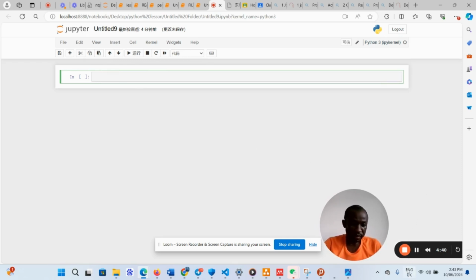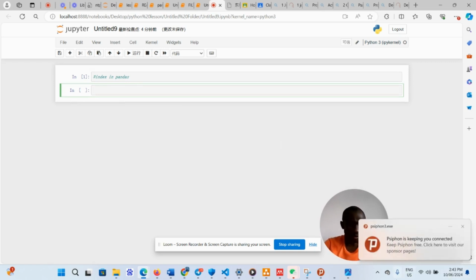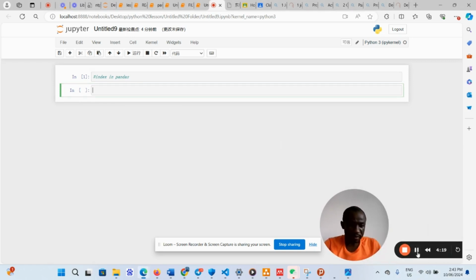Today we are going to work on index in pandas. So on index in pandas, what are we going to do? We need to select by loc. Select by loc. What are we going to do? We start with, let's first of all